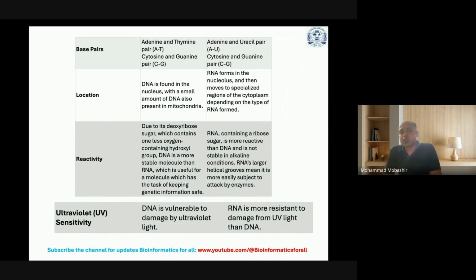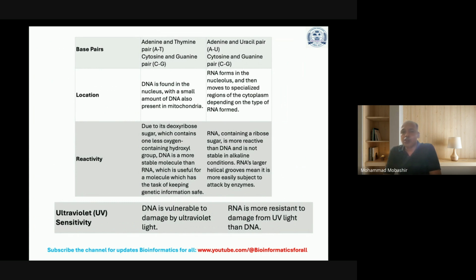Location: DNA is found in the nucleus, with a small amount of DNA also present in mitochondria. That is called mitochondrial DNA. RNA forms in the nucleolus and then moves to specialized regions of the cytoplasm, depending on the type of RNA formed. Reactivity: due to its deoxyribose sugar, which contains one less oxygen-containing hydroxyl group,